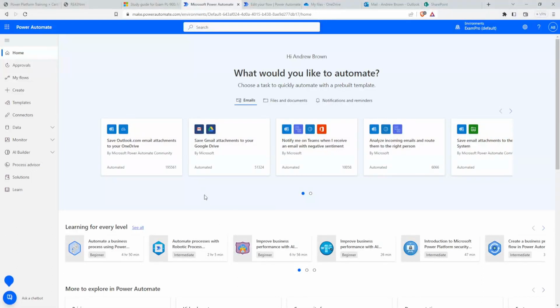Hey, this is Andrew Brown from Exam Pro, and in this video, we'll be showing you how to build a basic Power Automate flow. So the first thing you'll want to do is to go to the Power Automate page at make.powerautomate.com. Here, we are currently at the home page, and it shows you all the things you can do, like